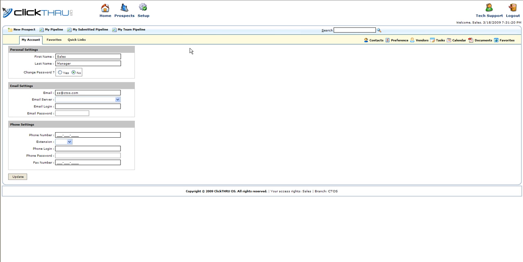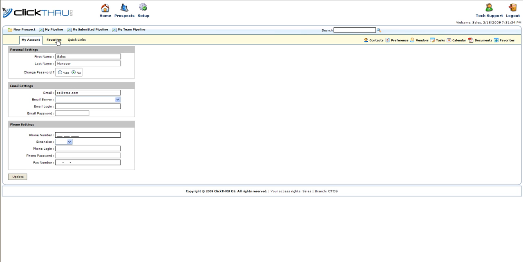You have the ability here to change passwords, put in the proper email settings if the administrator has enabled you to use the email settings within our system, as well as put in your updated phone number and fax number that we auto-populate onto your welcome package and any other area that your company has designated it to go on. You'll also have the ability to log into your PBX if your system is upgraded